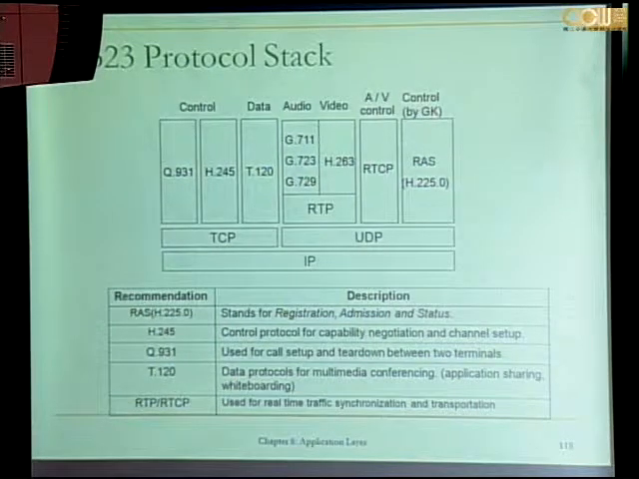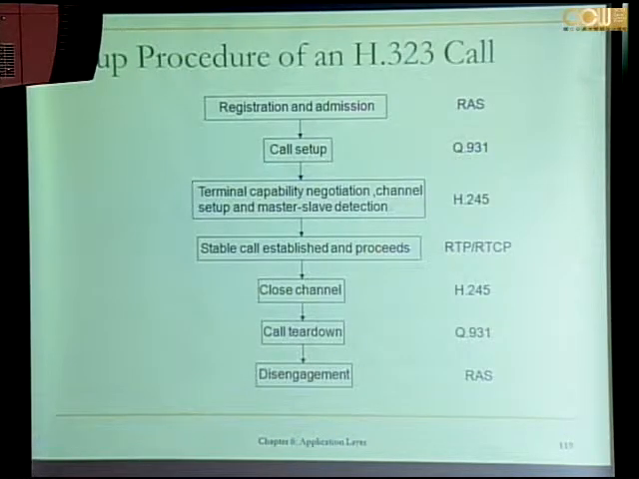So given these protocols, how do they work together? This is how. At the beginning, you would need to do registration. I mean, when making a phone call, you need to do a registration and admission. That's done by the RAS protocol, and then call setup by H.931, and then terminal capability negotiation and channel setup by H.245,